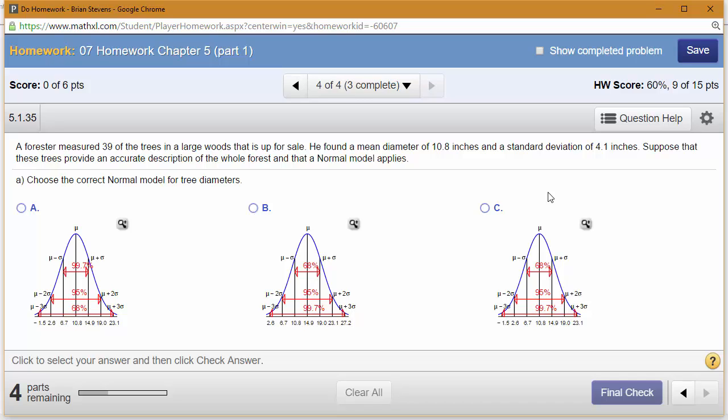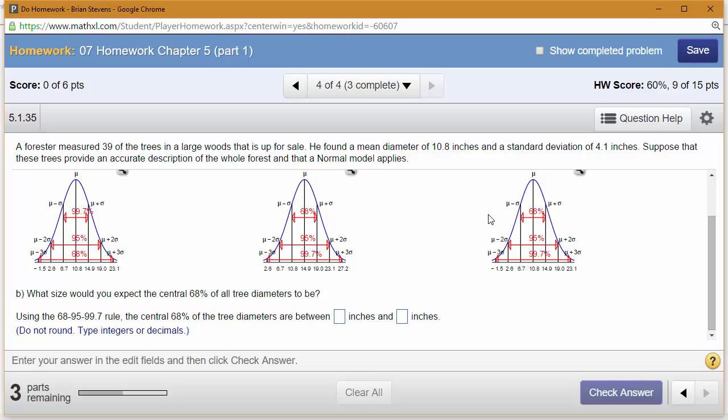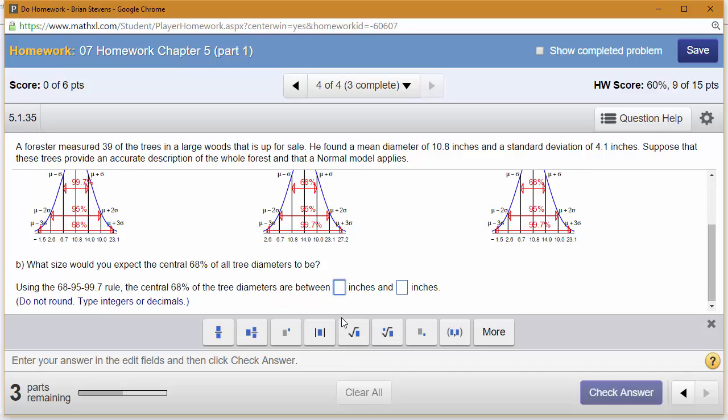So with this in mind right here, let's take a look. We have a normal model with a mean of 10.8 and a standard deviation of 4.1. So this one automatically is wrong because it doesn't have 10.8 at the center. And this one is wrong because it has 68 on the wrong number line. So it's not between -3 and +3 standard deviations. So this has to be right here. So process of elimination. What size would you expect the central 68% that's within ±1 standard deviation? And let's go with 6.7